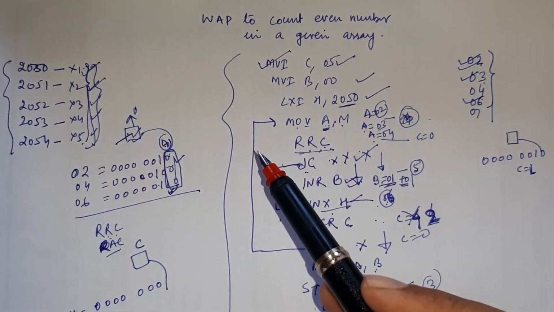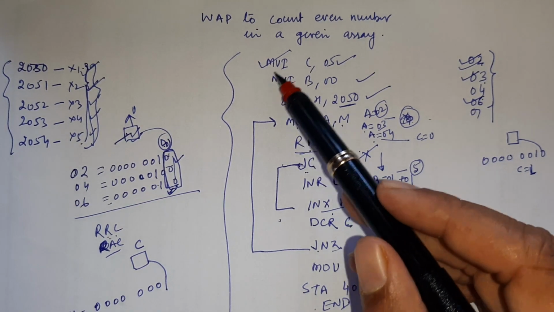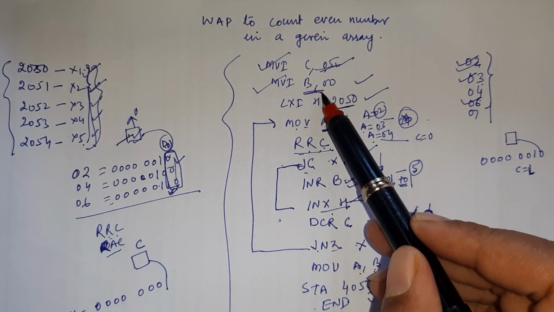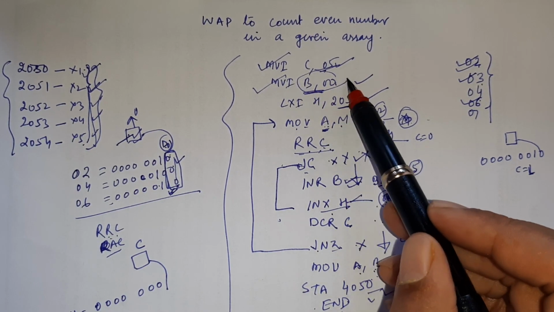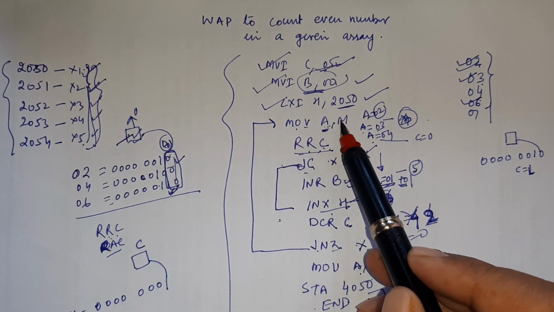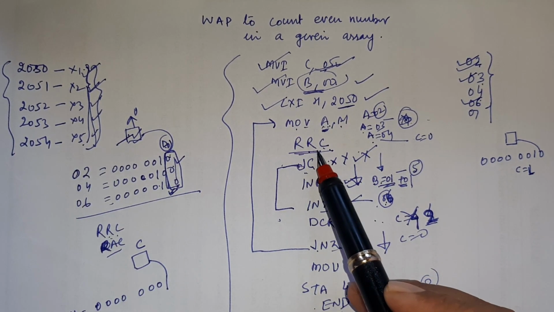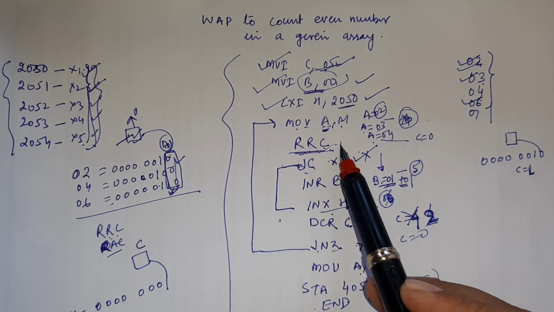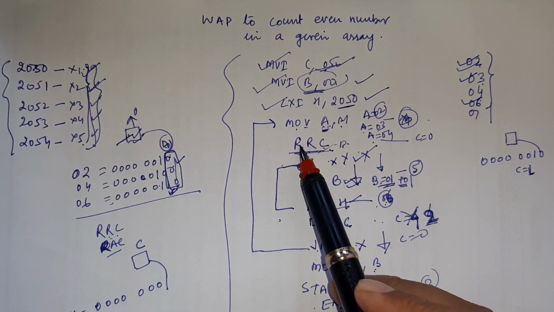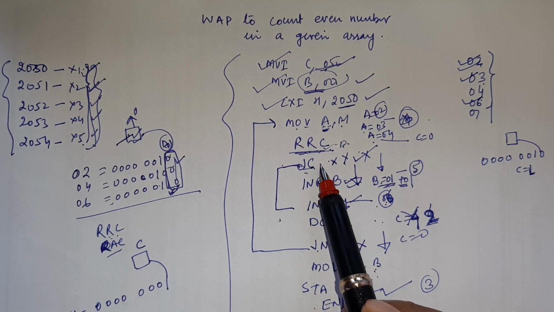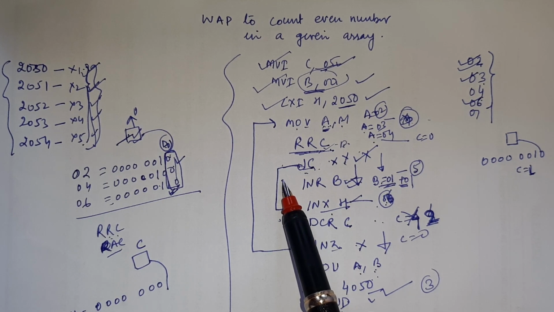Let me remind you how you can do it. Firstly we have to declare the counter. If you are going to check 5 data, you have to declare the counter as 5. Then initialize a register with 00 to store the count of even numbers, and get the first number. Move that first number into the accumulator and shift 1 bit right, meaning whatever D0 is will move into carry. If the carry flag is set, that number is odd. If the carry flag is reset, that number is even.